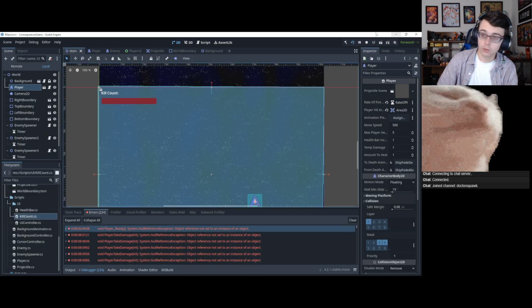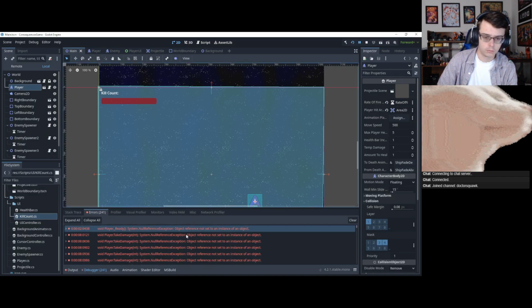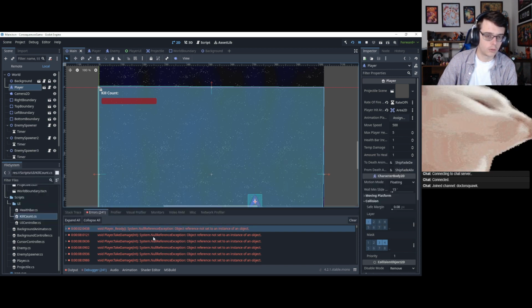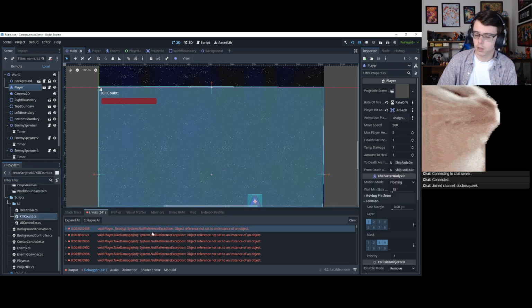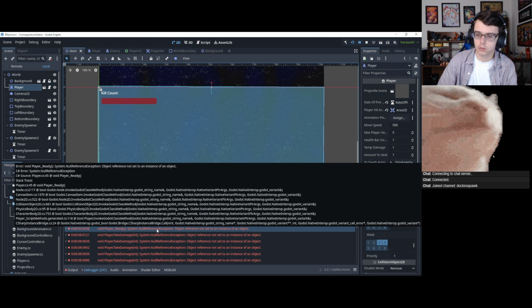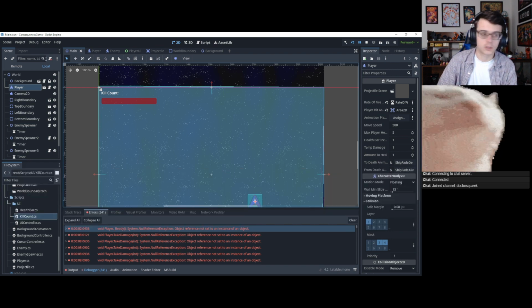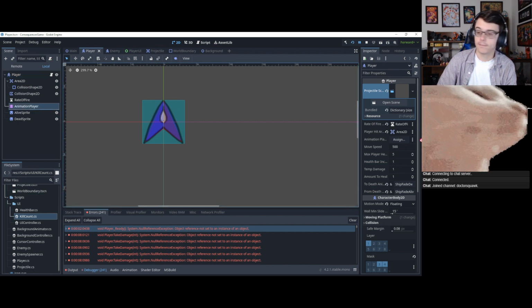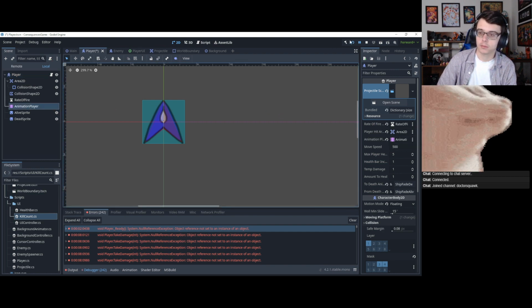Go to Godot. Pause this. Object. Oh, so this is of an object. What do you mean? It's a function inside of the script. How do you not know what it is? Unless it's the animation that's a problem. That's what happened.